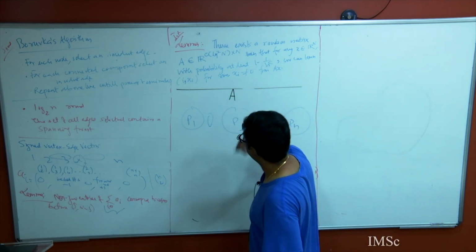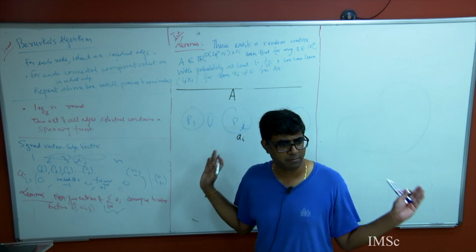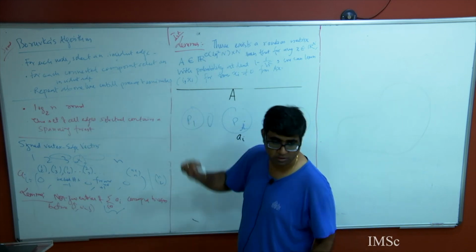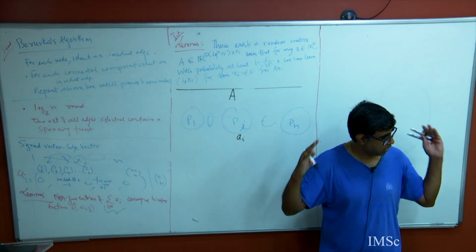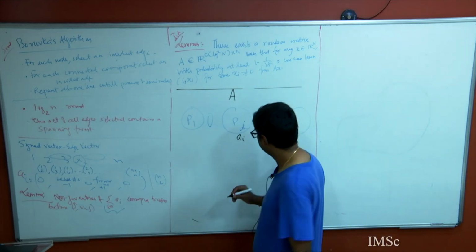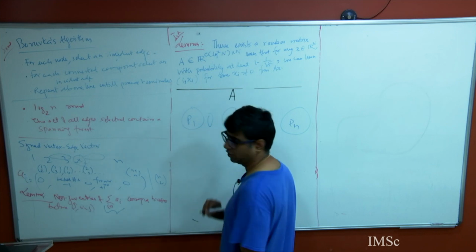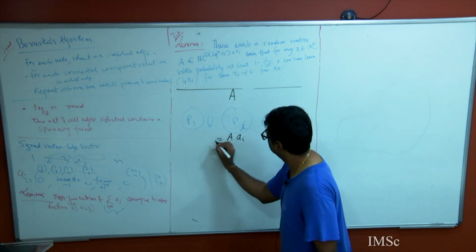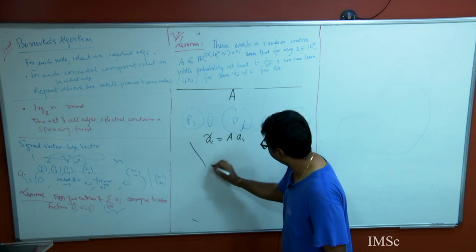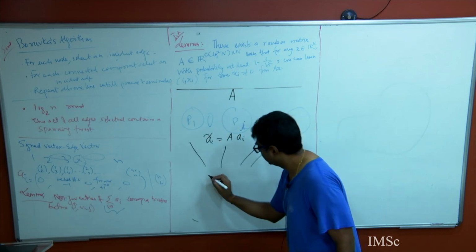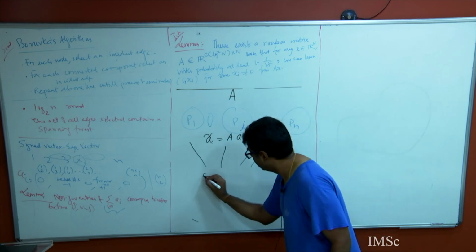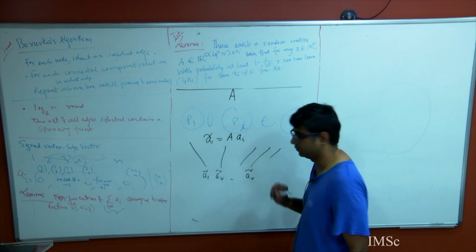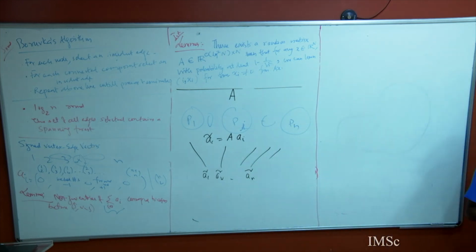And here is that random matrix A which is available to everybody. So we are in the case where we have public randomness, so A is available to everybody, which is a random matrix. What does P_i do? He applies A to it, let's call it A_i tilde, and passes it to the central player. So what does the central player receive? It receives A_1 tilde, A_2 tilde, dot dot dot, A_n tilde. This is what he receives.